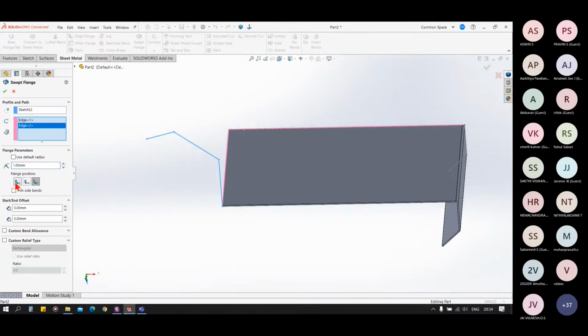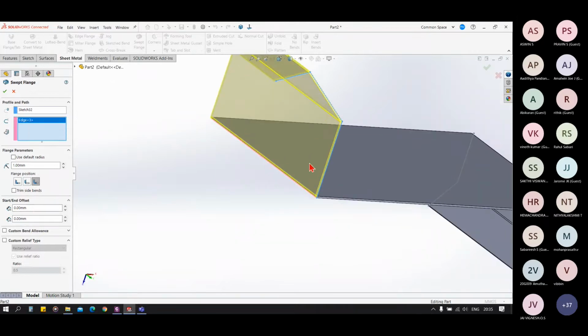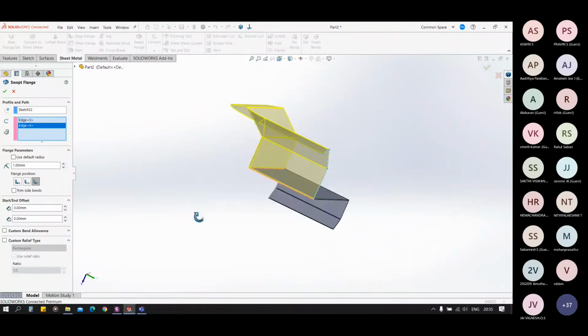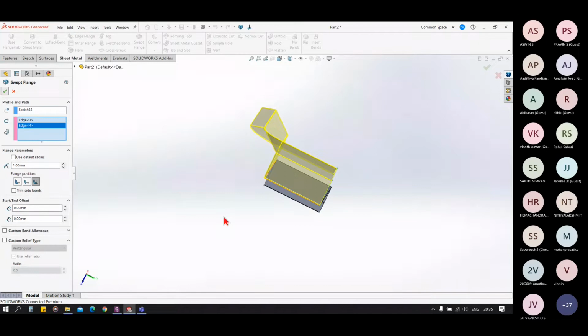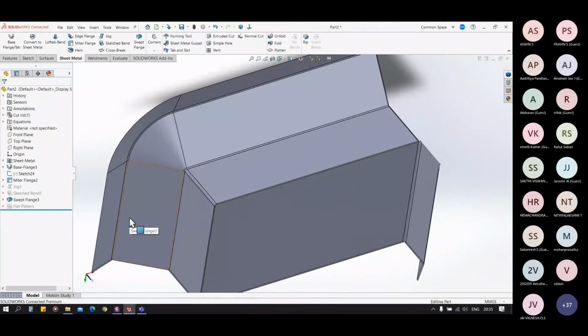I can change the position as in the earlier cases. You can see we can add the continuous sheet using the swept flange.